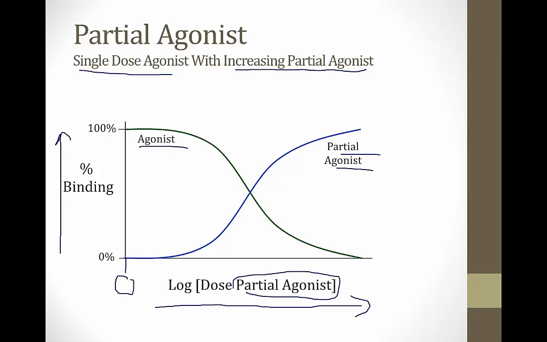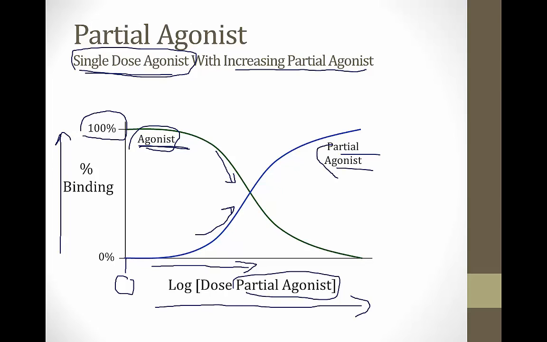So let's start by imagining that we give 0 for a dose of the partial agonist. So we give no partial agonist whatsoever. However, we still give that single dose of the agonist. So what we would see then is that the agonist would bind 100% of the receptors, and that should make sense to you. However, as we steadily increase the dose of the partial agonist, what we see is that fewer and fewer of the receptors are bound by the agonist, and more of the receptors begin to be bound by